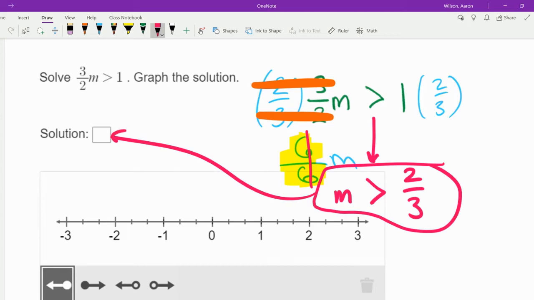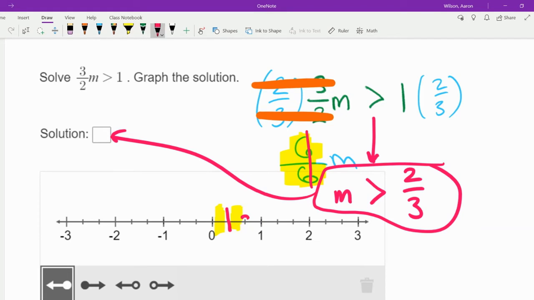We have to graph it. So we got to find 2/3 on our number line. So we can tell that these are split in thirds. And the reason why we can tell these are split in thirds, if I just make a quick bar model, you can see these are thirds. So the first one shaded would be 1/3. Second one shaded would be 2/3. So I shaded all the way up to